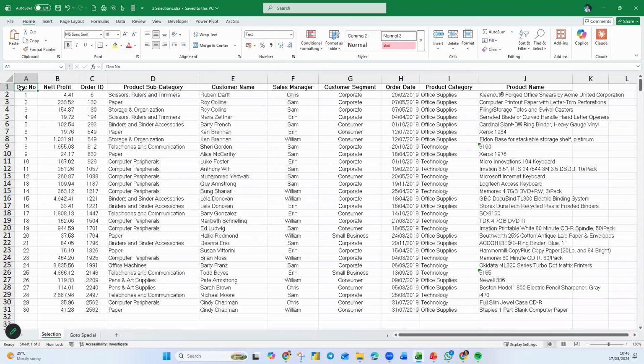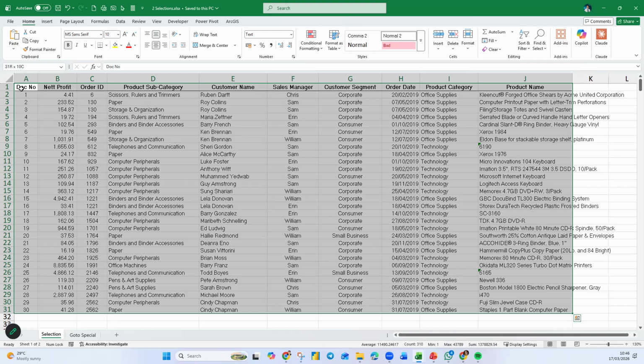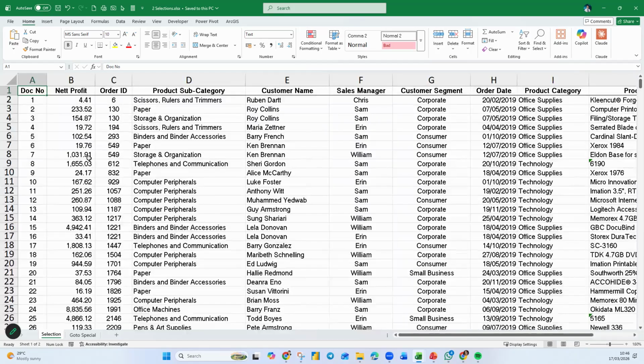But this is not selecting. If you want to select, usually you will hold down your shift key. If you hold down shift and right arrow, you notice that it's selecting column by column. So what does the control do just now? The control goes direct to the end. So what you do is you hold down control and shift, both, right arrow. You notice it's selected. If you press control and shift down arrow, you highlight all the way down. It's a very clean way of selecting without actually having a lot of movement.